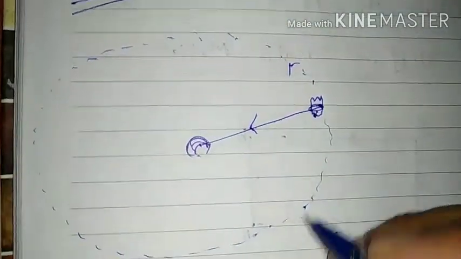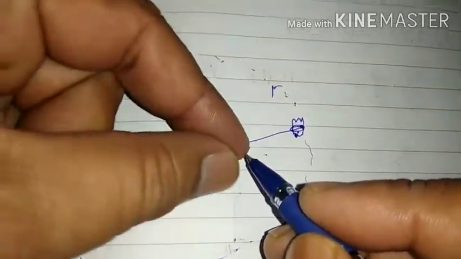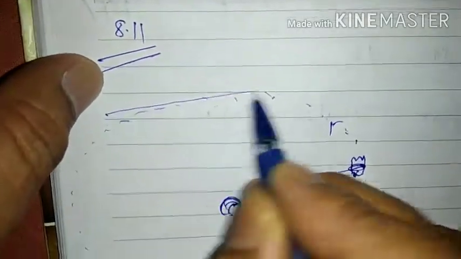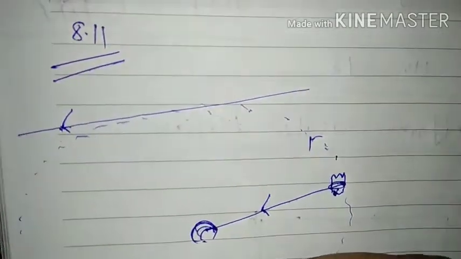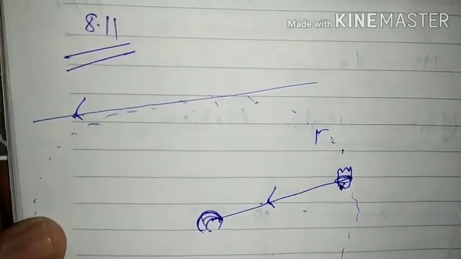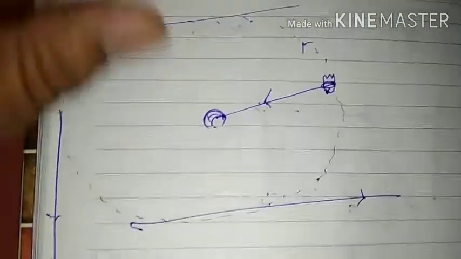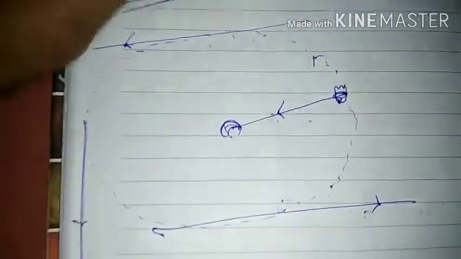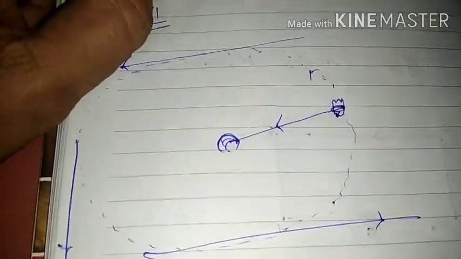But if we suddenly release this thread from our hand, then what happens? We see that at any point this piece of stone now moves in the tangential direction. I am using the term tangential direction here. What is the meaning of tangential direction? We shall explain it. So, if we release this thread, then this piece of stone is not on the circular path, but it moves in the tangential direction. So, what is a tangent?